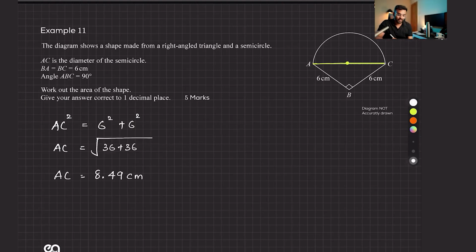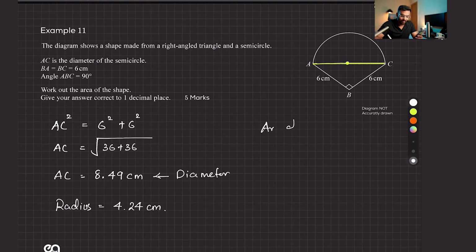We could divide this. So this is the diameter. Would you all agree with that? Diameter of that semicircle. So what is the radius, guys? Radius is simply half of it. You can just divide it by 2. And that's giving me exactly 3 root 2. How many of you got that? 3 root 2. Yeah. Okay. So I'm getting 4.24 centimeter.